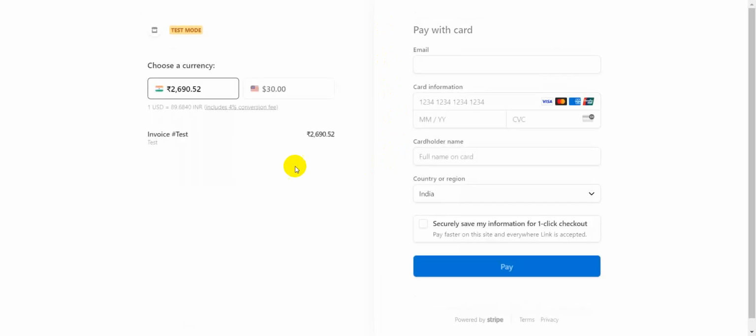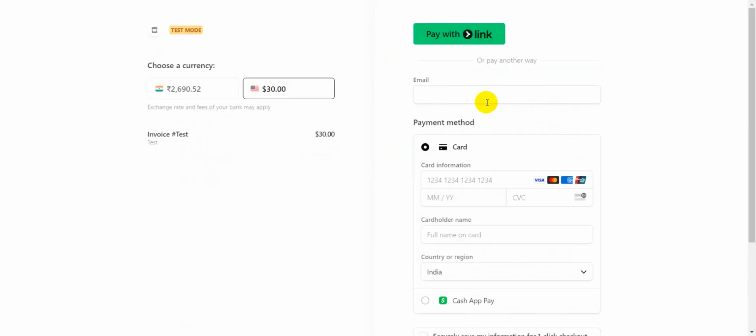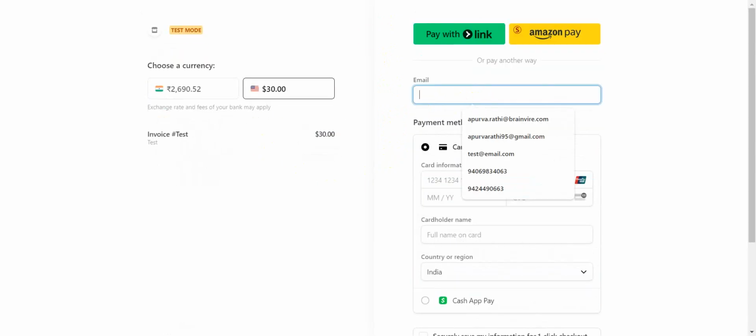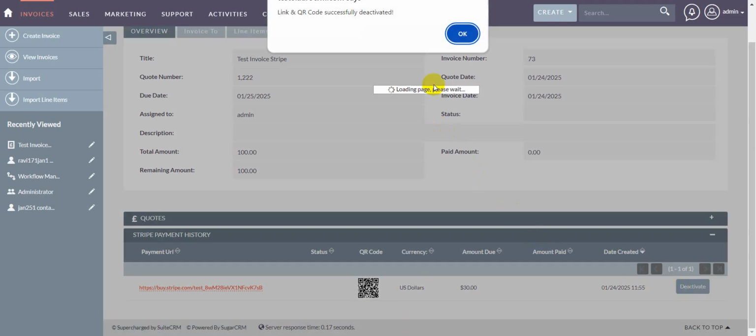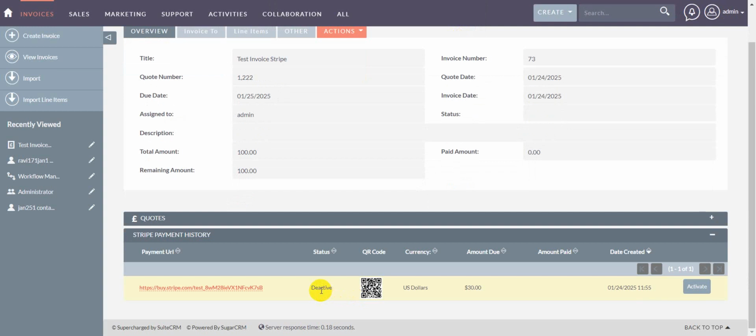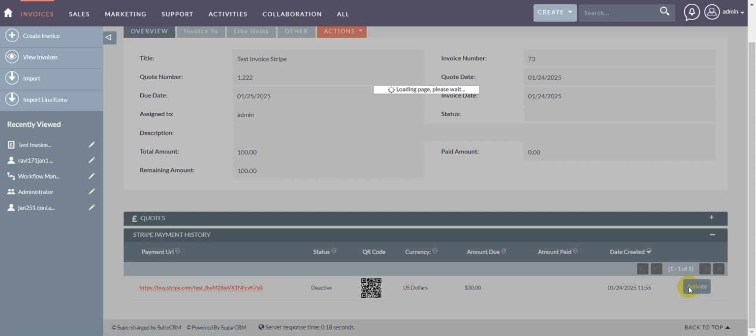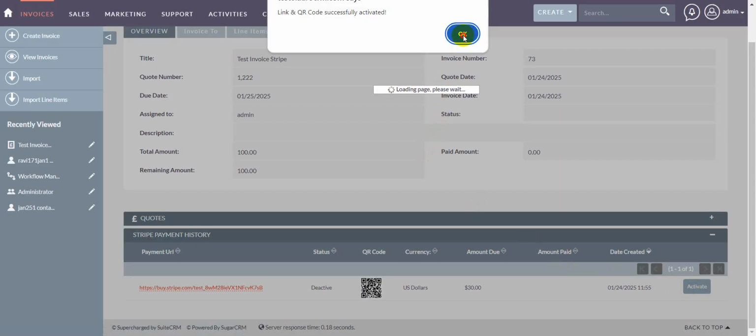We'll navigate to the link. Here I can see, I can enter details. For the deactivate facility, we'll just walk through. Once the link is deactivated, the status is updated. And if I go back again and refresh the link, it says the link is no longer active. To reactivate it, I just have to click on activate. And if I go back,